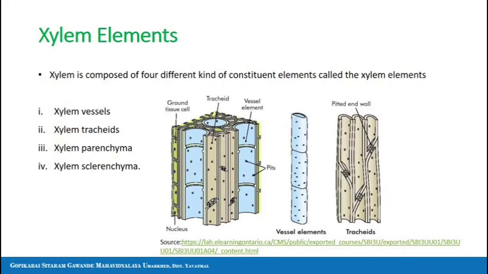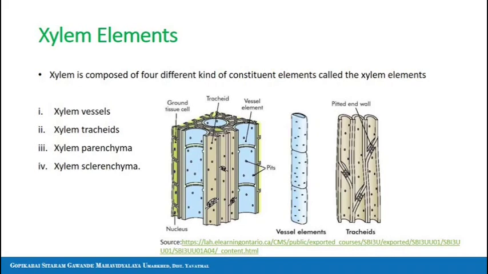The vessels are cylindrical pipe-like structures. They run vertically through the plant body. They are about 10 to 13 centimeters in length, and they are thick walled and circular in outline. If we take a TS, then we will see that these cells are dead due to the hard lignified walls and without any protoplasmic content. They form a conducting strand of the plant body. They are very common in almost all angiospermic plants with a few exceptions. They are absent in pteridophytes and gymnosperms. So these xylem vessels are absent in pteridophytes and gymnosperms.